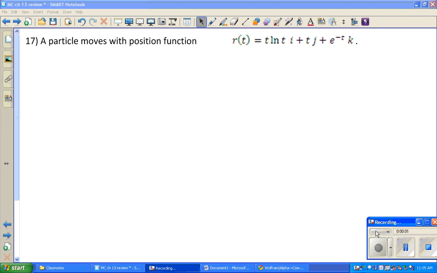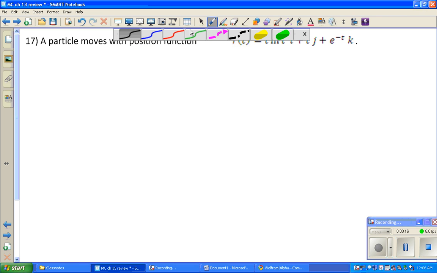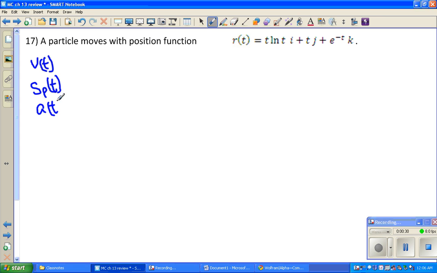Class. This is part 2 of the chapter 13 review, and number 17, as you can see from here, a particle moves with the position function given at this point. The question asks us to find the velocity and also speed, and last, acceleration. So we're going to try to do this one by finding derivatives. Now, since r has 3 components, as you can see, let us try to find the derivative,